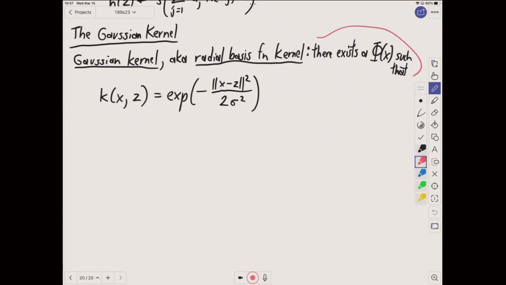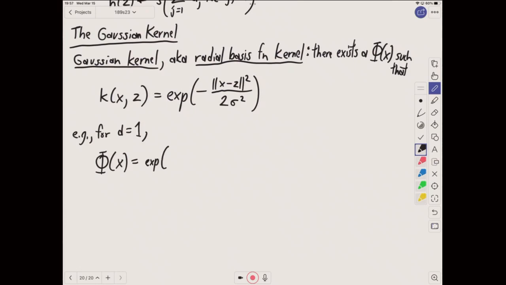Now, when I say that there exists a phi of x that gives you that, in case you're curious, here's what it looks like in the very simple example of a one-dimensional feature space. So if each sample point is just a real number, then the following vector will do for you. I'm going to put a scalar at the start. All of the elements of this vector are multiplied by this same scalar, so I'll just stick it at the beginning. And then here's the vector. The first element is 1 times that scalar. The second element is x over